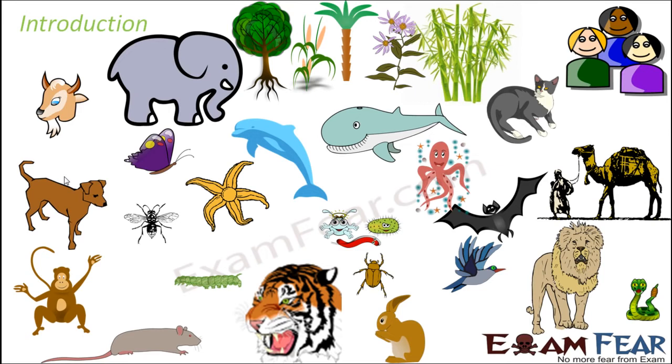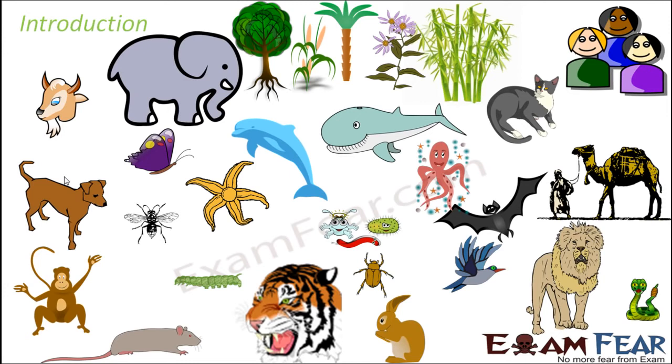For example, when you think of a dinosaur, it was one variety of living organism which existed once upon a time, but it became extinct. So it doesn't exist anymore. That means if organisms start becoming extinct, then what will happen? The variety will keep reducing. And that is something which we do not want.